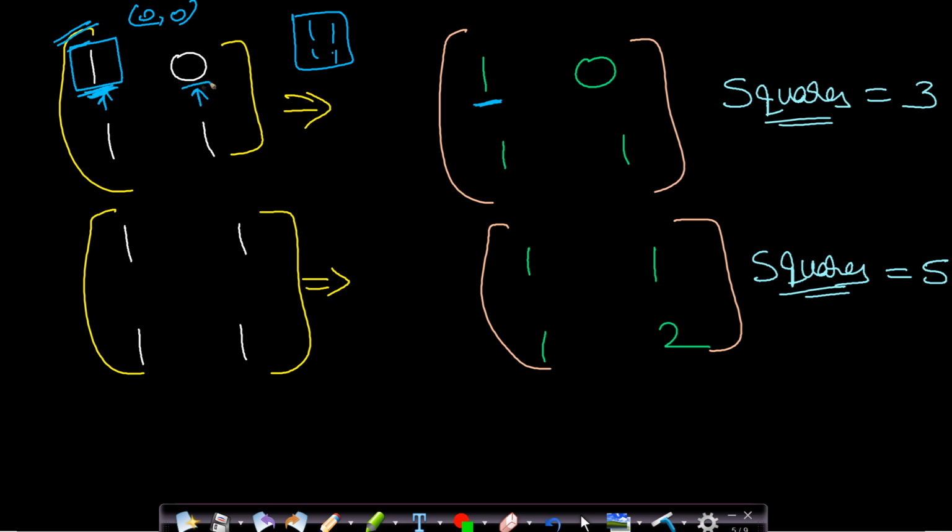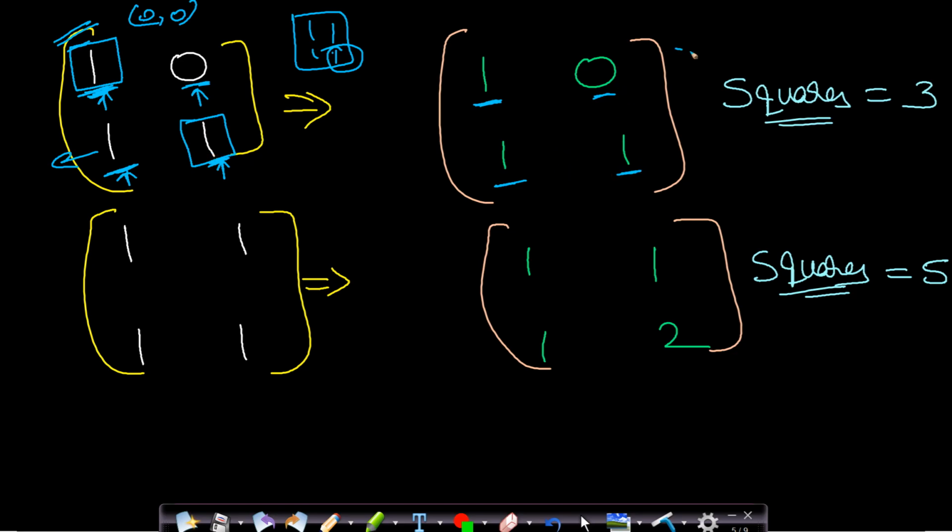So this will be of size 1. Now if you see a 0, then this can never be included in a square submatrix having all ones. So if you see a 0, you will simply fill 0. Now let us say for this one. For this one, if this one is an ending point, meaning bottom right corner, of a square submatrix of this entire matrix, then this will obviously be of size 1 because there are no elements to the left. And if you see this one and you want to find the number of square matrices which end at this point, that is this is the bottom right corner of a square matrix, then this contains only a single square matrix which is itself. So we will have to write 1 here.